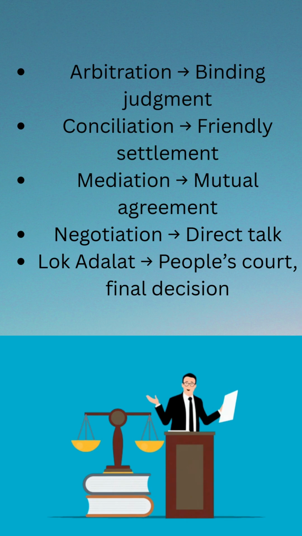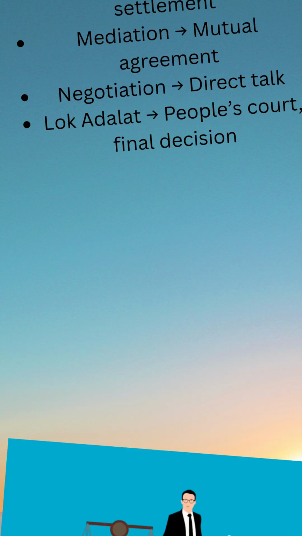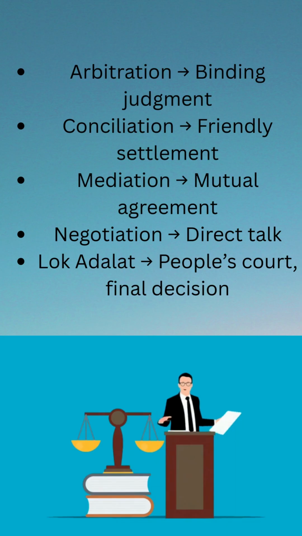This is the reason why arbitration and the entire proceeding is also known as the private courtroom, as this involves adjudication like a court. But if we talk about conciliation, then a conciliator only facilitates both the parties in reaching an amicable settlement, but he cannot pass a binding decision. So that is the reason why arbitration is different from conciliation. In arbitration, there is a binding judgment, but in conciliation, there is only a friendly settlement, and a conciliator cannot